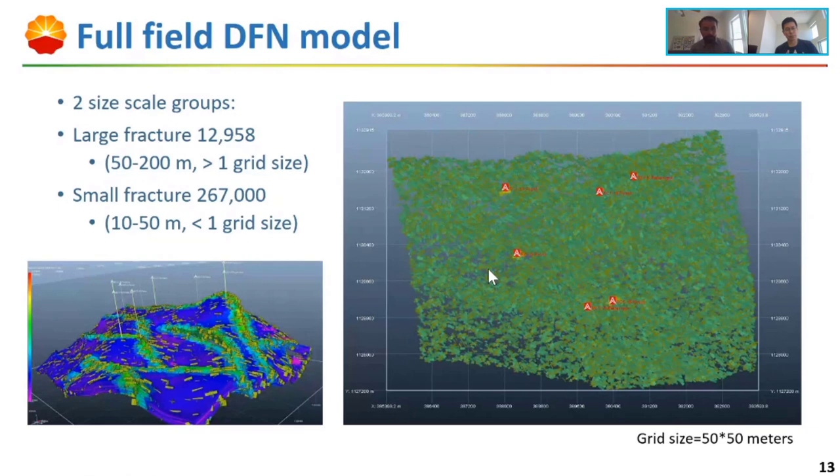So with this part, we cover the DFN generation, which is having in place a static model that calibrates, at the single well level, the geometrical and dynamic properties of fractures. But now we want to see how to utilize that for the field development plan and to accurately make an assessment of the future performance of the wells. So I think there are a couple of